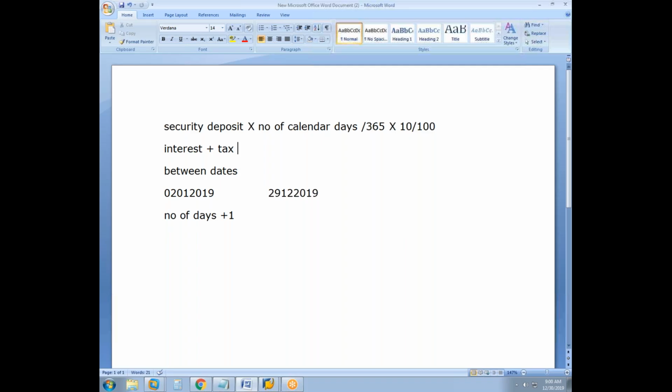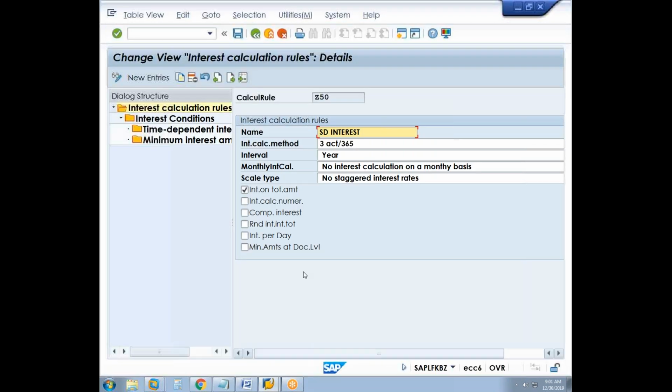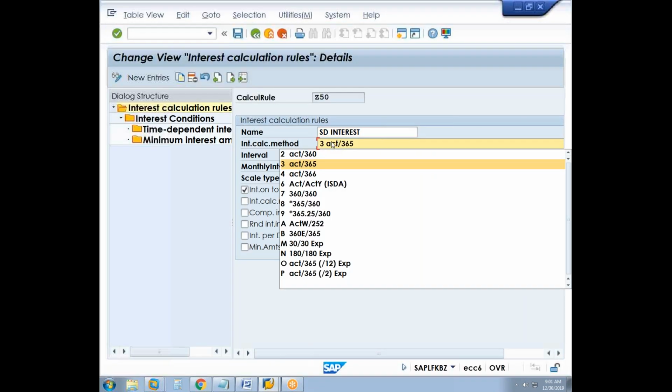But in the case of open items, tax will be calculated slightly differently. We will see how it will happen. So here this is the logic. And if you see the help file, it is giving that particular logic here. So if you go to F1,